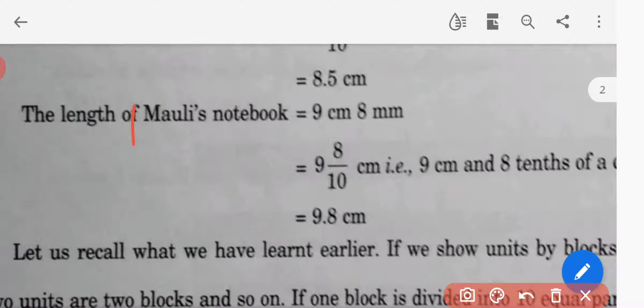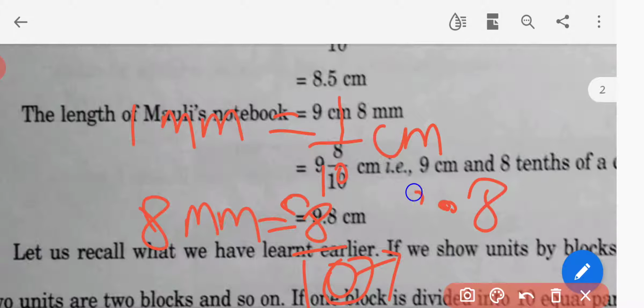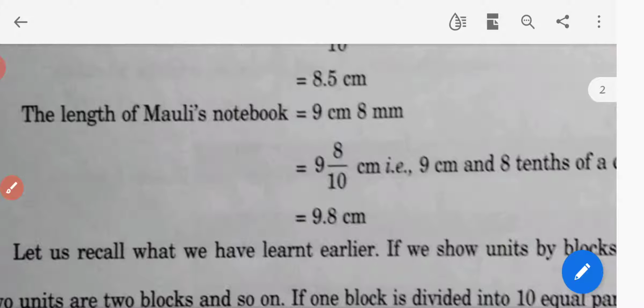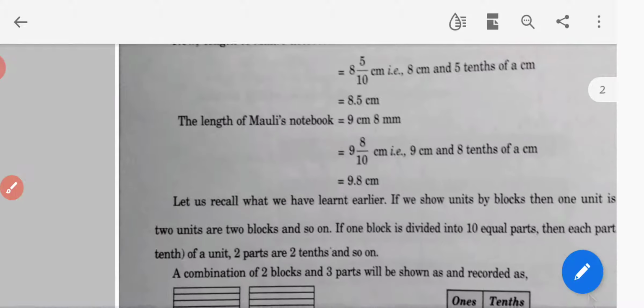हमें पता है कि 1 मिलीमीटर होता है 1/10 सेंटीमीटर, तो 8 मिलीमीटर कितना होगा, 8/10। डिनोमिनेटर में कितने ज़ीरो दिए, एक ज़ीरो, इसलिए हम न्यूमरेटर में जो भी नंबर है उसमें सिर्फ एक नंबर के बाद हमें क्या लगाना है, डेसिमल। So it can be written as 0.8 centimeter. Now you can see that 9 centimeter and 0.8 centimeter, if we add, it will be 9.8 centimeter. So in this way we can represent any unit in different types of unit.